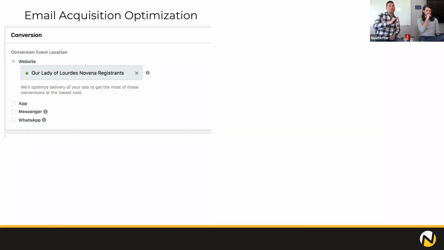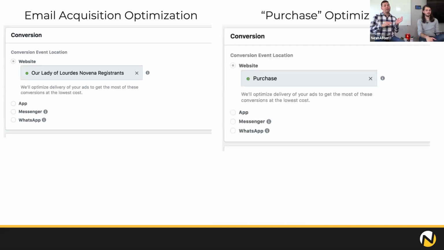We've also found, and we've tested this multiple times, that with Facebook and with Google, it shows the same thing. You tell the system what you want. In this case, we did a test of an email registration for a novena with the Missionary Oblates. Instead of saying, go to this page, sign up for a novena, which is a 9-day email series, and then you get the opportunity to give a gift,